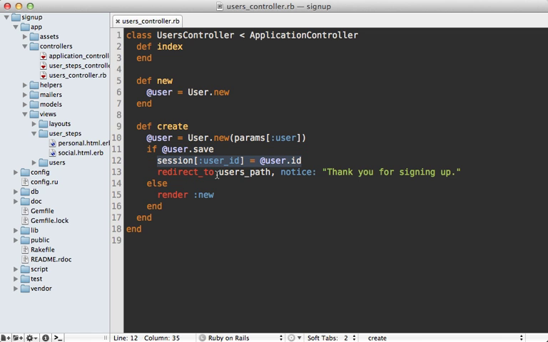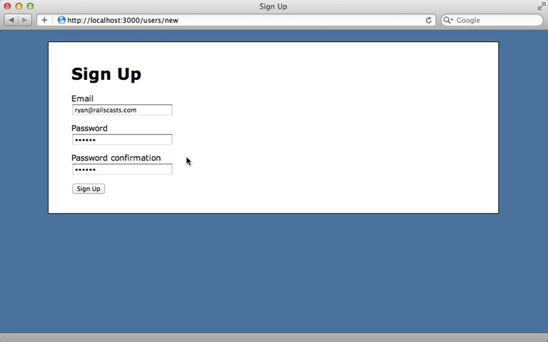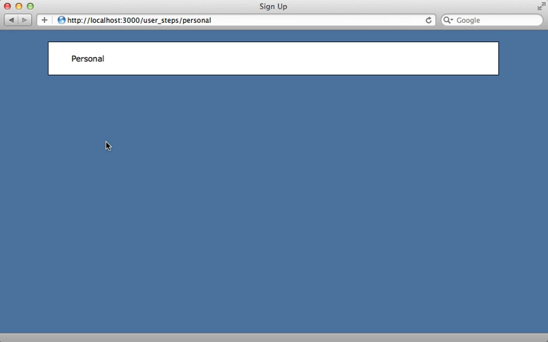Now, when that happens, we want to redirect them to the first step in the wizard process, so we need to go to the user steps path from this controller. So that'll redirect us to the first step in the process. So now let's try this out. I filled in this sign up form, and let's submit this form, and this will redirect us to the first